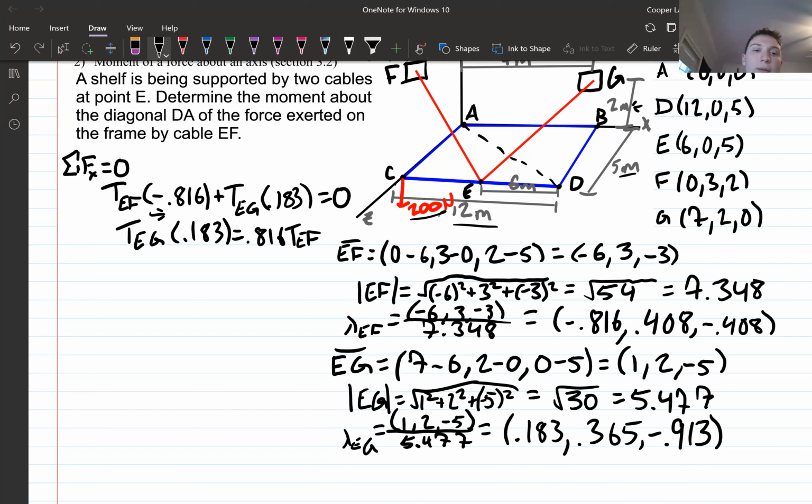Now I divide by the coefficient of TEG, not TEG itself, which then gives me 4.472